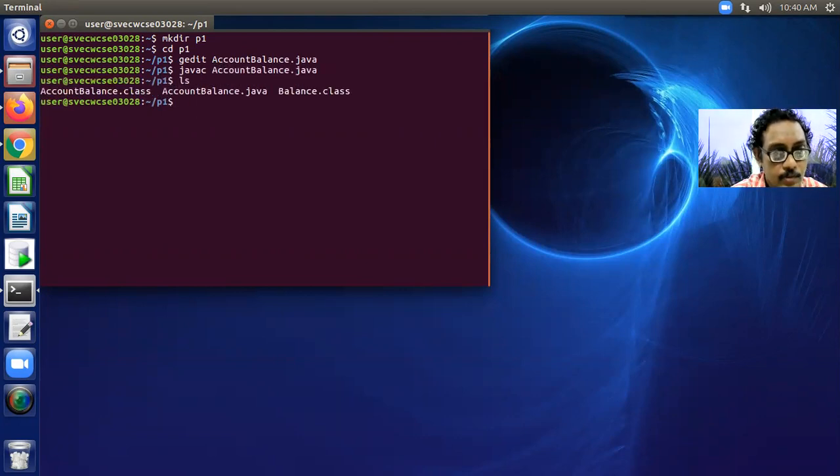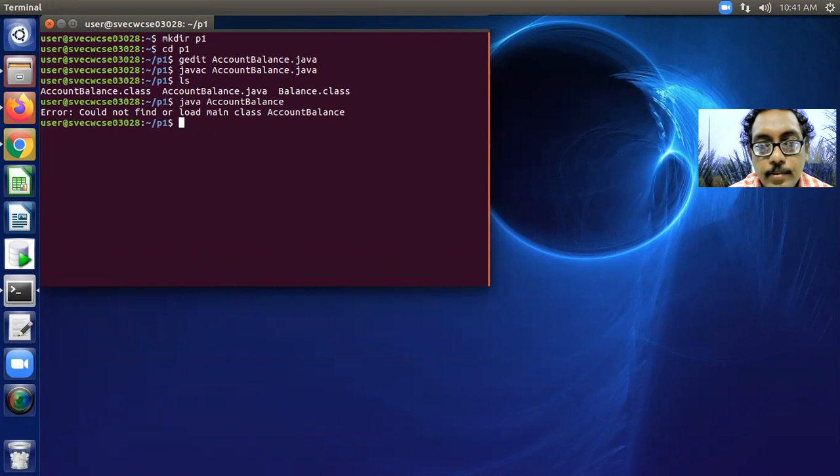Let's check it. There are two .class files, because two different classes are involved in that particular package. Then you can execute with java followed by the class name.